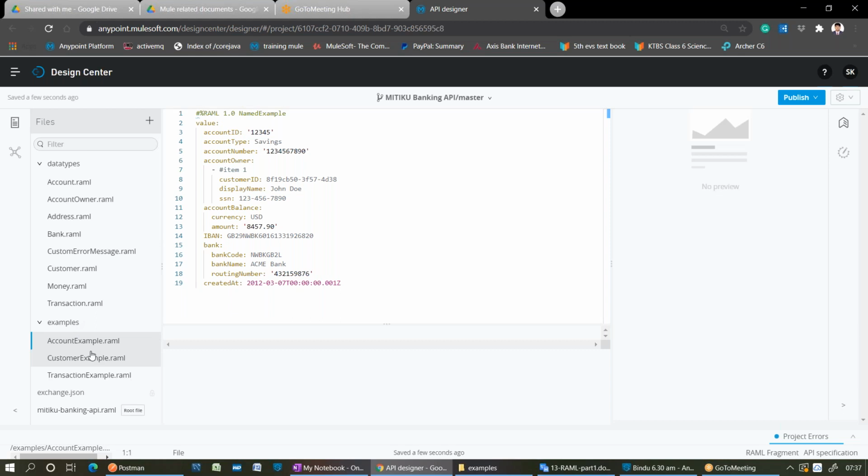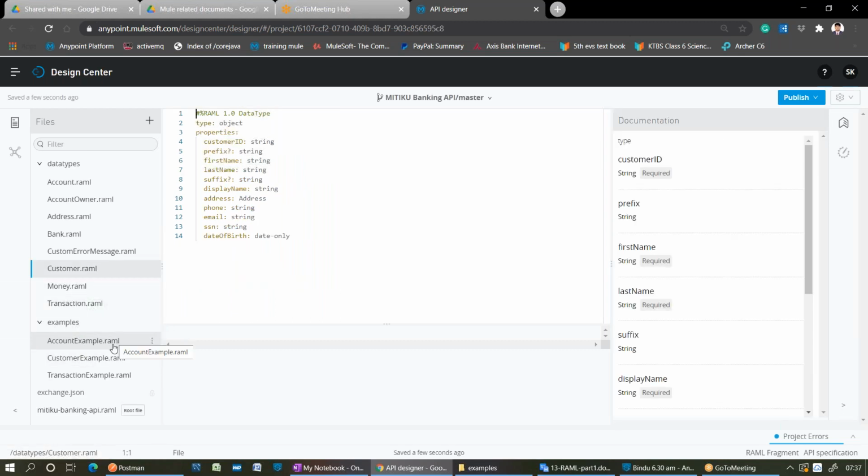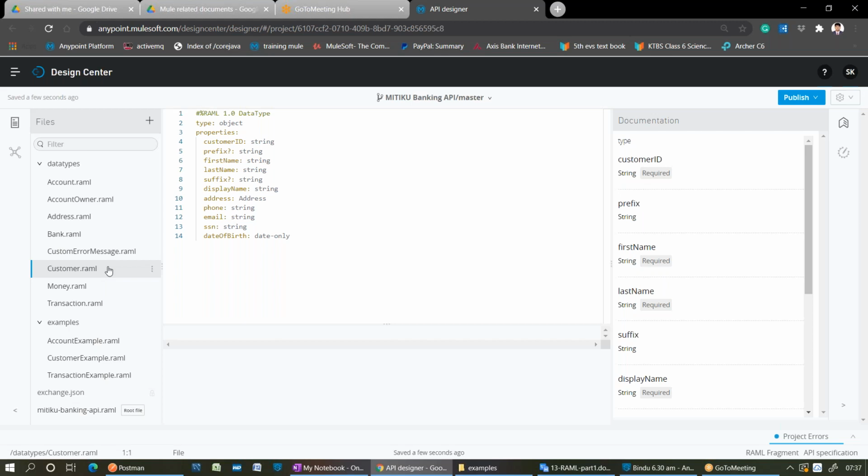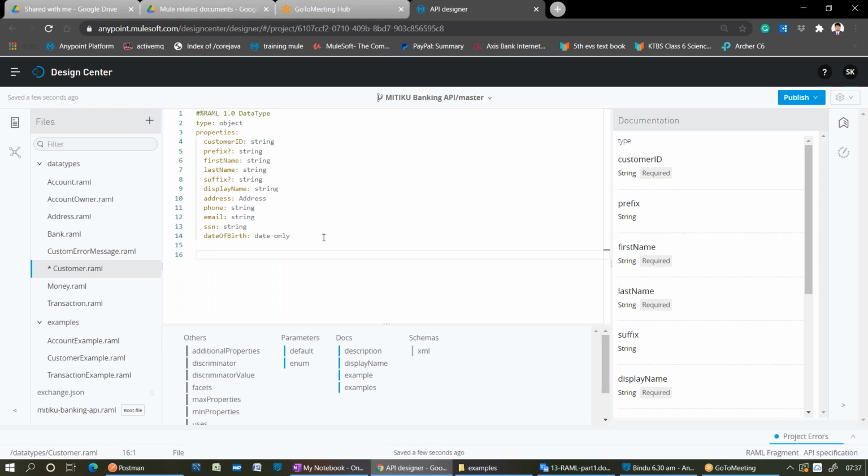I need to include the customer example in the customer.raml file, the account example in the account RAML file, and the transaction example in the transaction RAML file. So I'm just initializing dummy data to them. First I want to include the customer example in customer RAML. How to include? Press enter at the last line, then take the cursor to the first line, first column.